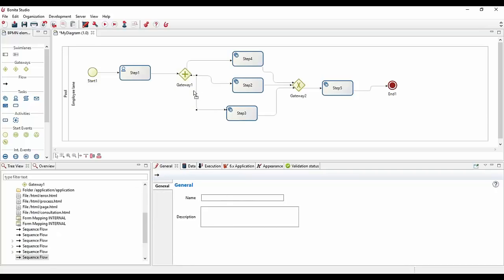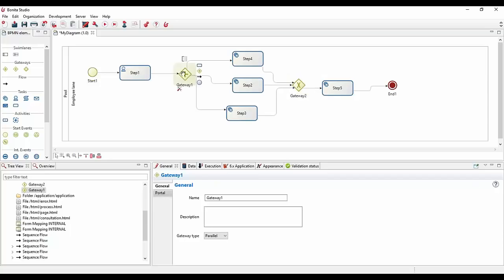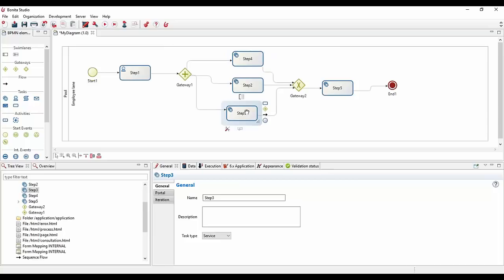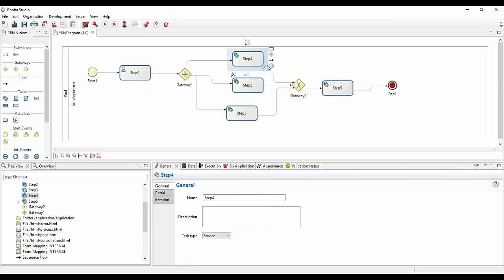So let's say this is not symmetric, right? You have a parallel gateway here with 3 branches, and then you have an exclusive here. So these are different types of gateways. If you have 3 of them in parallel, this means that these 3 steps will be triggered for sure. You do not know exactly when these steps will end. Maybe this one will end before the second one, step 2, and maybe step 2 will end before step 3. When I told you that the exclusive gateway was only about 1 transition, it means that each time there is 1 ending, it will trigger this step 5.